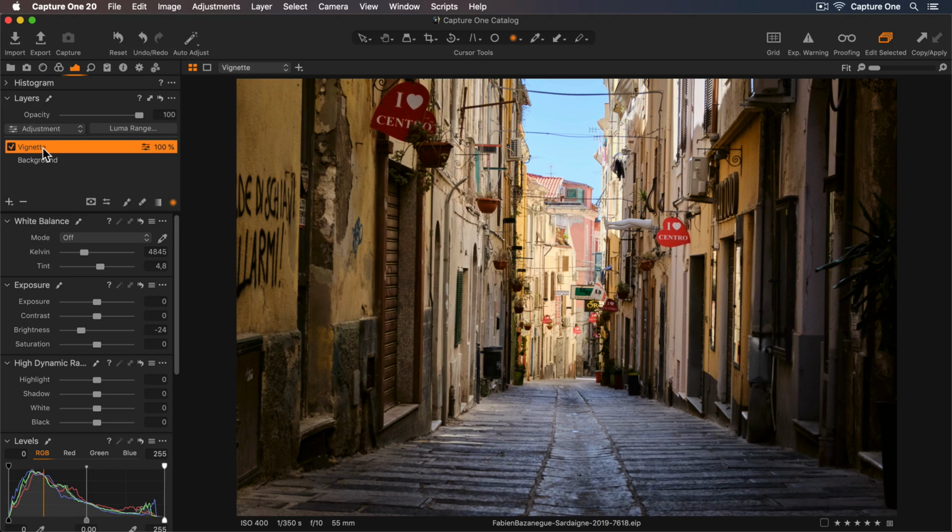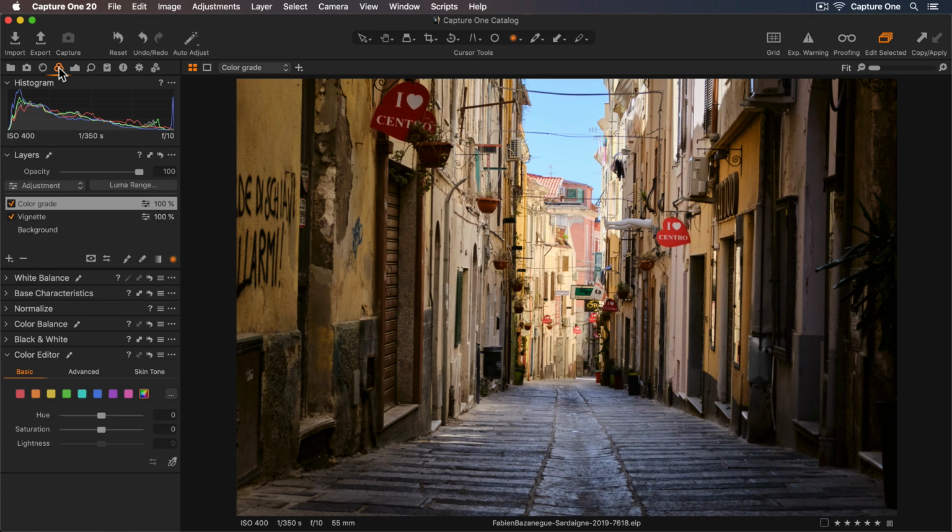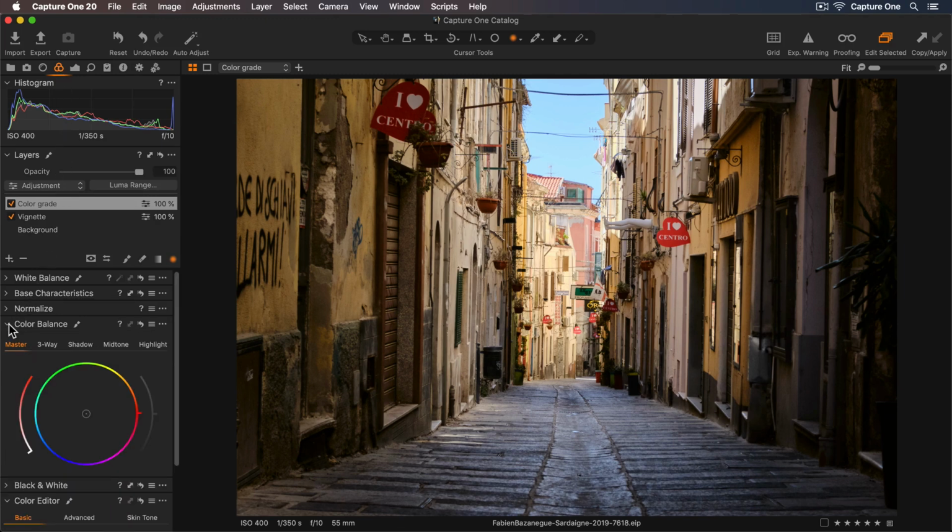Now I'd like to add a color grade. So I'll add a new filled layer and just rename this. Let's go to the Color Tool tab and open up the Color Balance tool. I'd like to enhance the warm tones that are already in the photo, so I'll start in the Master tab